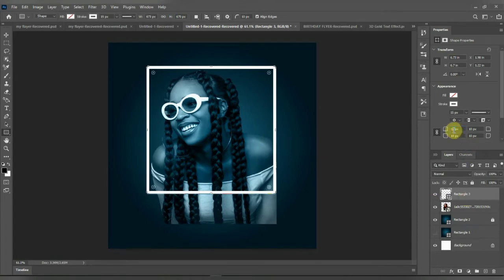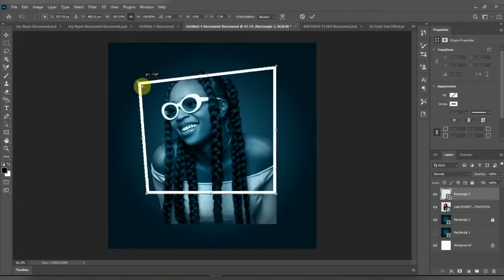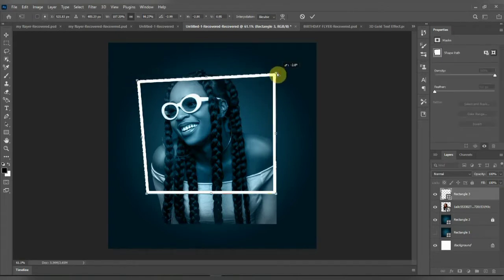Make sure the edges are straight, 0 0. Now just play around with it, make a shape of your choice. You hold the Control key on your keyboard, then you make a shape of your choice. So if I have something like this,